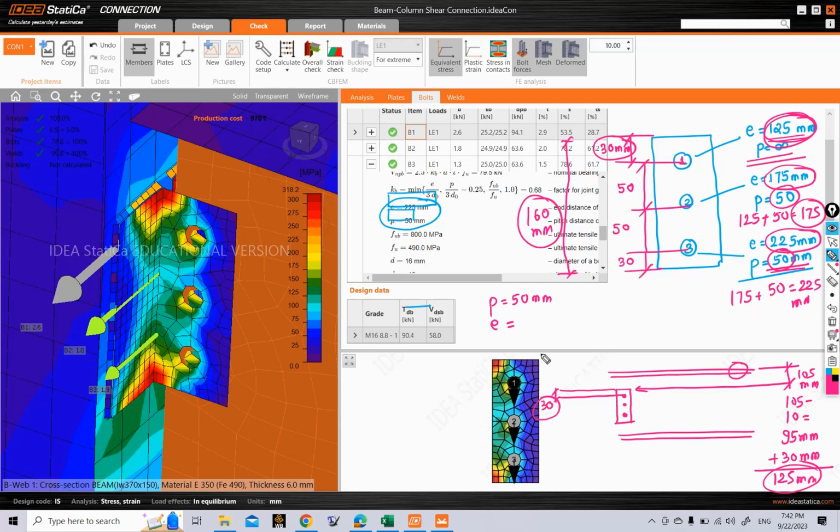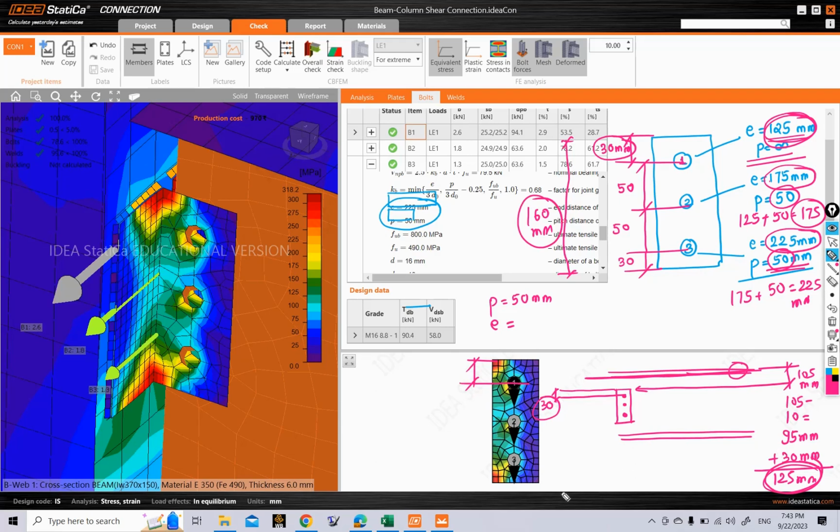So this is how the software is calculating the edge end distance. Rather than calculating it from the edge of our cleat plate here, it is calculating from the edge of our beam here, excluding the thickness of our flange. So this is the difference that the software is implementing when designing or analyzing these bolts. And one reason why it is taking the end distance in this way is, if you look at our code,